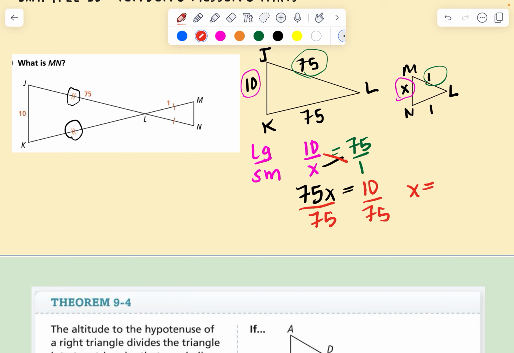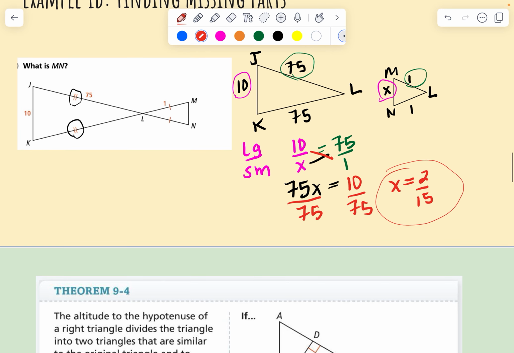If we just put that in our calculator, we'd get 0.1333333, but we need to make that into a fraction, which is 2/15. And you can always put that back in your calculator to make sure that it is equal to 75, and it is. 10 divided by 2/15